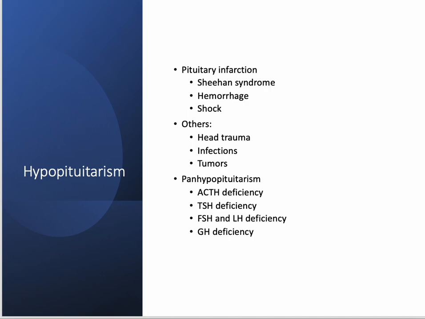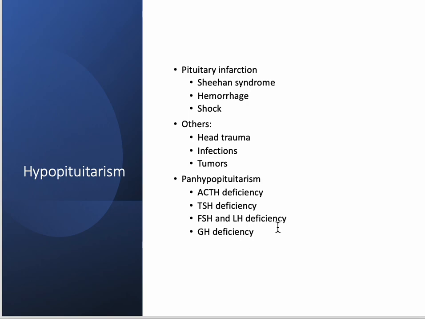That was specific to ADH and the posterior pituitary gland. Once we look at the anterior pituitary gland, we have a lot more hormones there. So hypopituitarism is the lack of production of one or all of your pituitary hormones, your anterior pituitary hormones, okay? If it's a deficiency in all of them, we call it pan-hypopituitarism. Pan means all, okay? Hypo is low, right? And so you're going to have deficiencies in ACTH, TSH, FSH, LH, and GH, which is